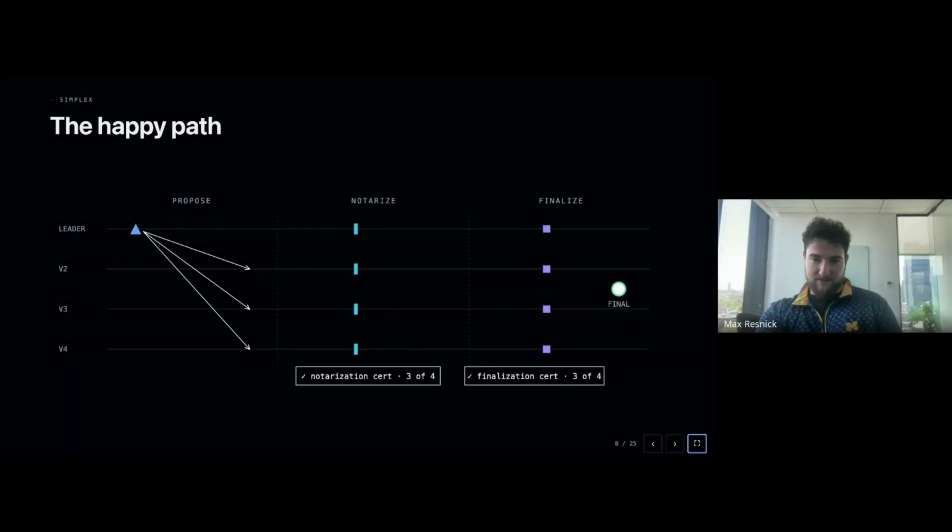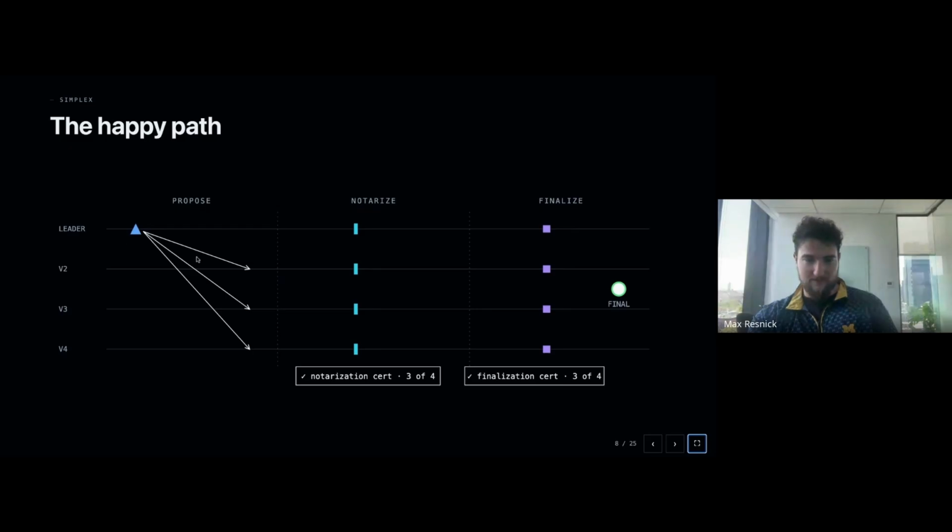So I'm going to go over this protocol called Simplex, which came out in 2023. It's kind of similar to Tendermint that came out in 2014, but has one key difference, which makes it faster. In the normal case, we have a leader.